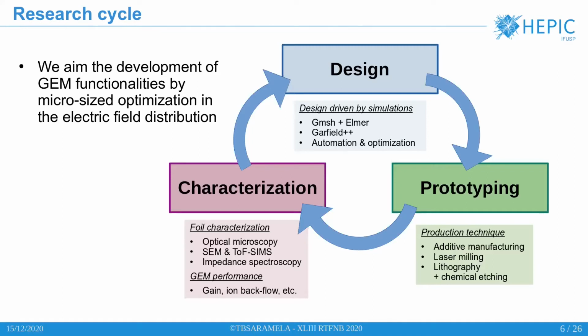We test them experimentally, and whatever the results, we use them to update the designs, and the cycle goes on. This kind of cycle is only possible if we can go fast from design to prototyping, and that is where 3D printing comes in handy. So next